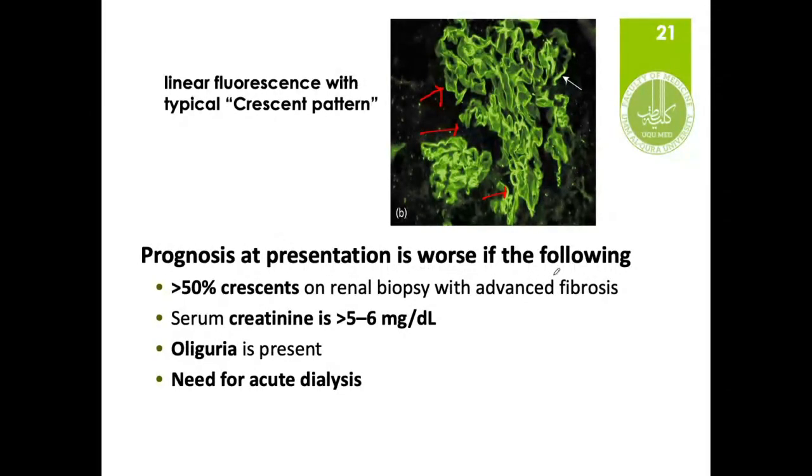So prognosis at presentation is worse if more than 50% of the crescents on renal biopsy with advanced fibrosis, if serum creatinine is more than 5 to 6 milligrams per dL, and there is oliguria present, so there is need for acute